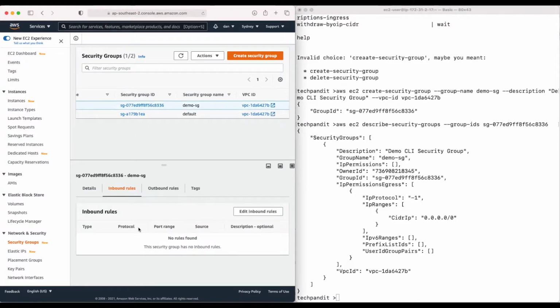So now the security group is created, but we can see that it doesn't have any inbound rule in it. So what we want to do, we want to create an inbound rule for port 22 so that I can access it from my local machine. So for that we have to type a command: aws ec2,